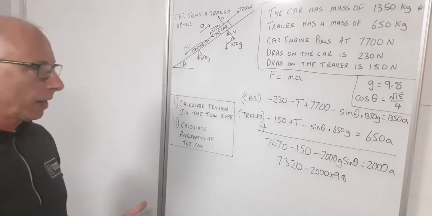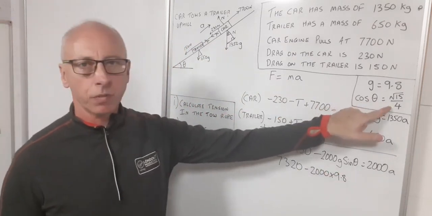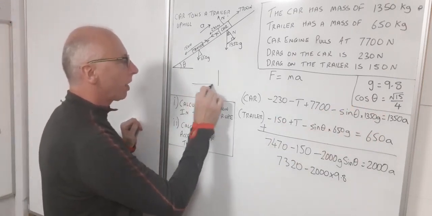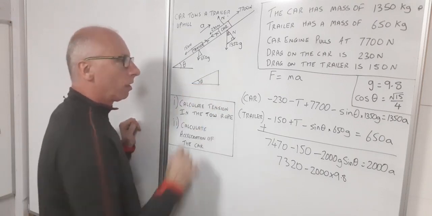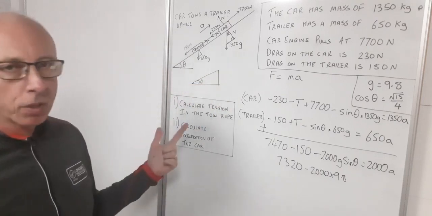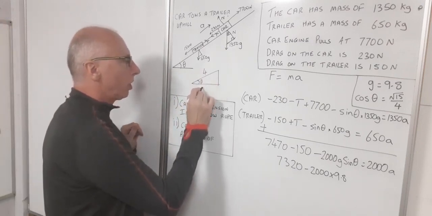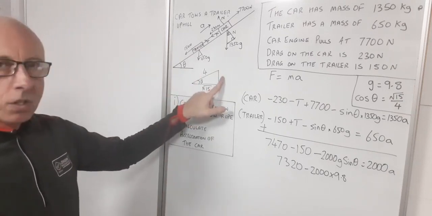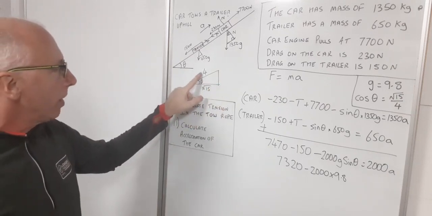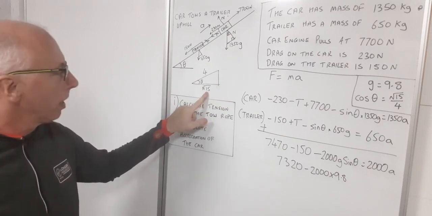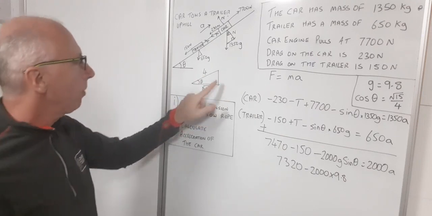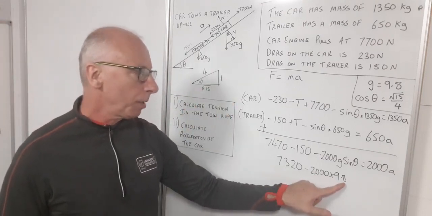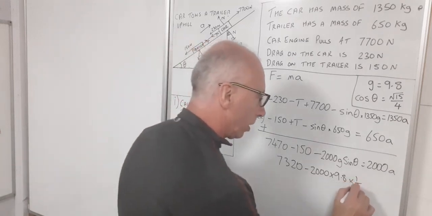Now what is sine theta? Well, we're given cosine theta is root 15 over 4. So let's do a little right angled triangle and see if we can find out what sine theta is. Cosine is adjacent over hypotenuse. So hypotenuse will be 4, adjacent root 15. Sine is opposite over hypotenuse. So what would this side be? If I square this and subtract it from this one squared, what's left over will give me that. So this side is just going to be 1. So that takes care of that. So I've got 2000 times 9.8 times a quarter